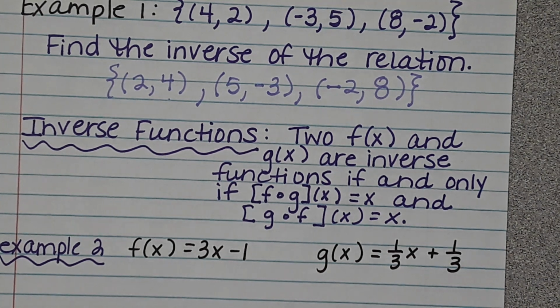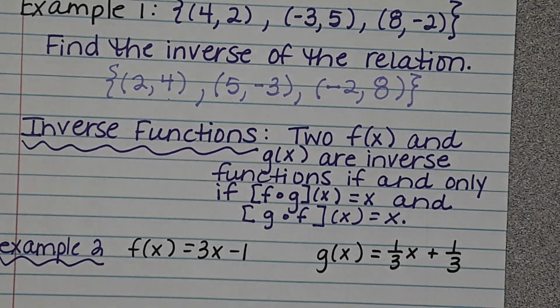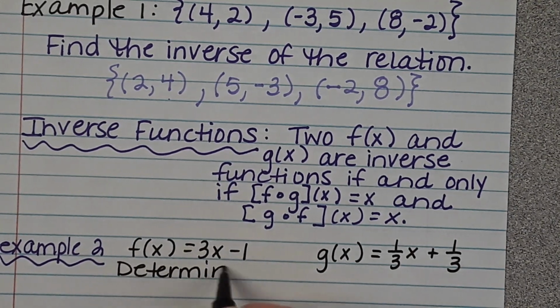Okay, so we've kind of started doing this yesterday. In fact, one of the problems that you did last night for homework actually had this answer. So we're going to take g and put it into f. We're going to use two composite functions just like we've been doing, but we're looking for the answer of x. If the answers are both x, then they are inverses. Okay? So I'm giving you two functions and the instructions are going to be determine